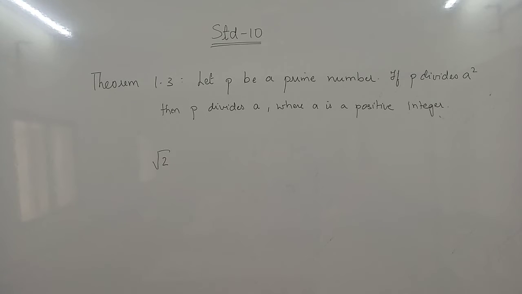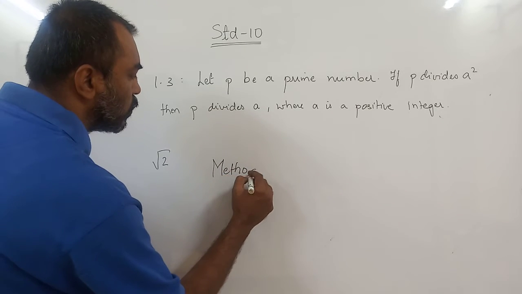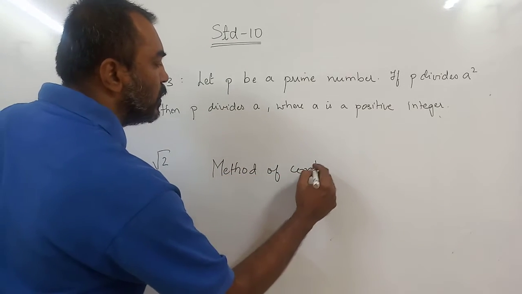How will we show root 2 is an irrational number? Mathematics has given us a tool, a method called the method of contradiction. So what is the method of contradiction? We will first assume that root 2 is a rational number. Assuming root 2 is a rational number, we will go to some conclusions. But if the conclusions are totally false, it means our assumption is also false. So are you following? This is called the method of contradiction. Remember, this is a very important method. Some things in mathematics are only solved by this method.